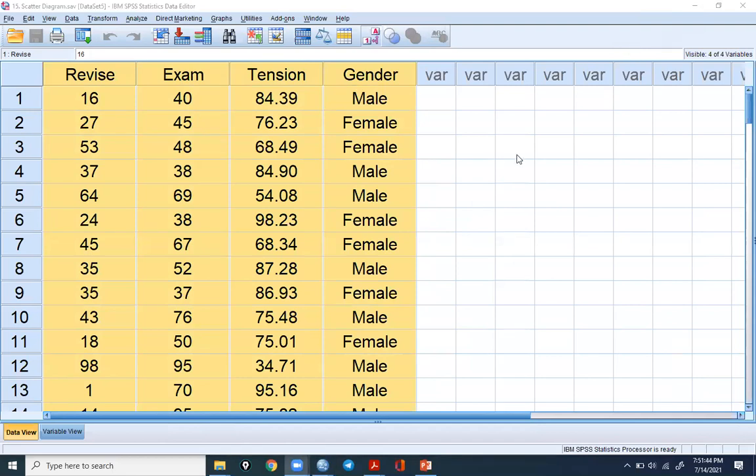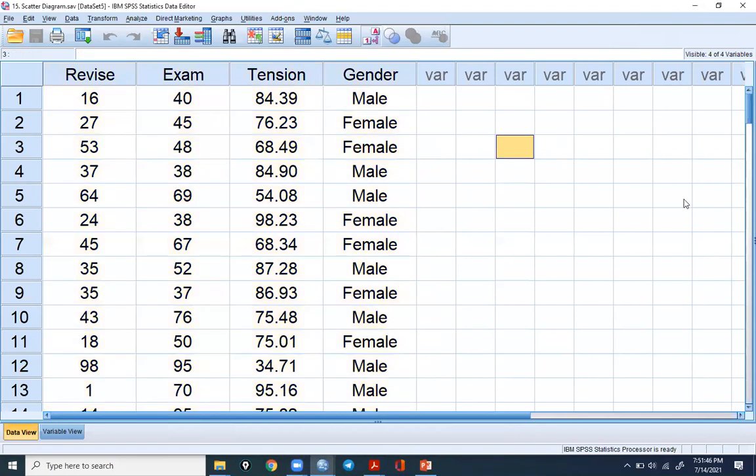Okay, thank you. So we use a scatter diagram when we are using 2 variables. Basically it tells us about the relationship between the 2 variables, whether the relationship is positive or negative. To check this through a scatter diagram, we have revision time, exam performance, tension.